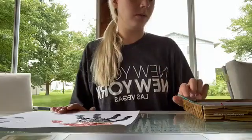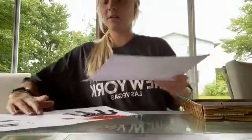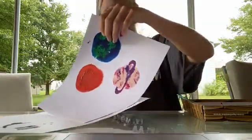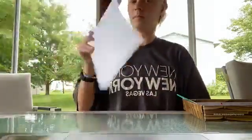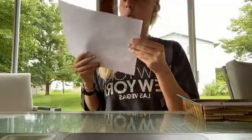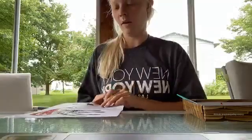What I am going to do, so this does dry a little bit faster, is I'm just going to take a separate piece of paper and kind of stamp that onto it. Very flat, and then we'll just pull that up. Alright, but now it is a little bit more dry as we peeled up that paper. I'll just dry it off a little bit longer. Alright, so